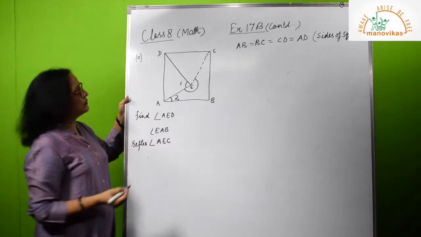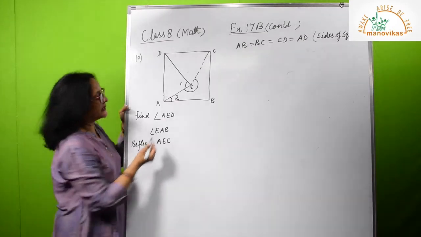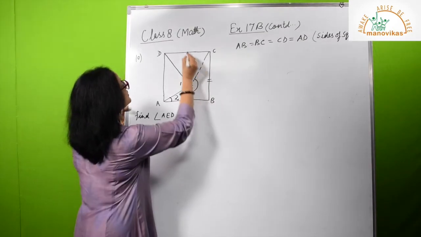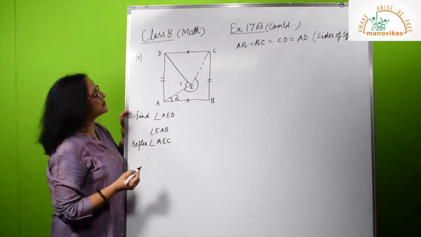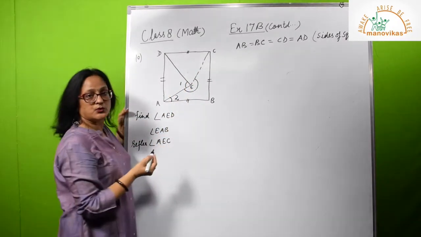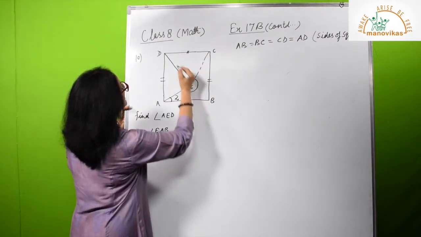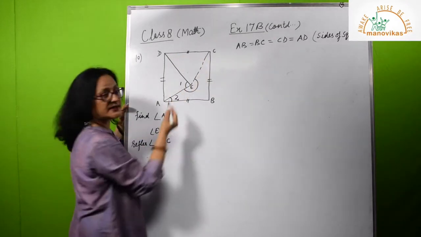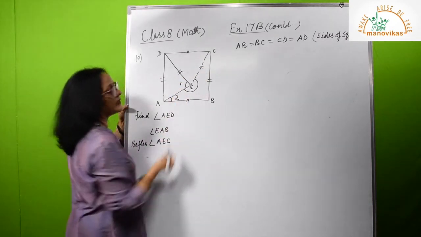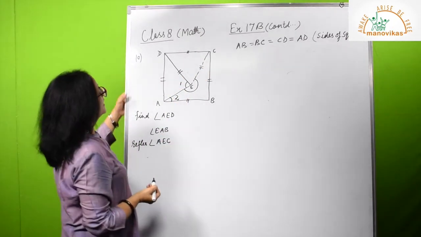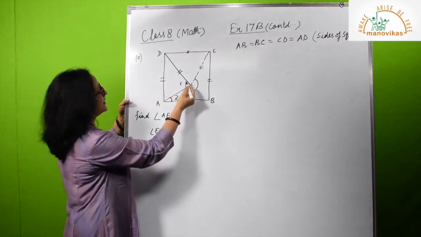Okay. Now after that you are given CDE as an equilateral triangle. So first all the sides of the square are equal, and then because CDE is an equilateral triangle, and as you know, in an equilateral triangle all the sides are equal. That means CE, DE and CD, all these three sides are also equal. So they are also equal. Okay. Now let's start with angle AED, this angle.